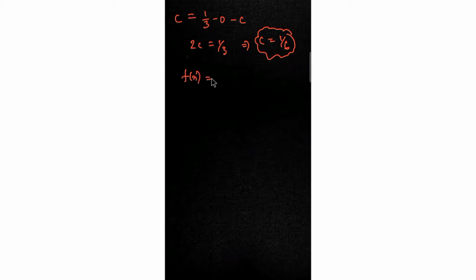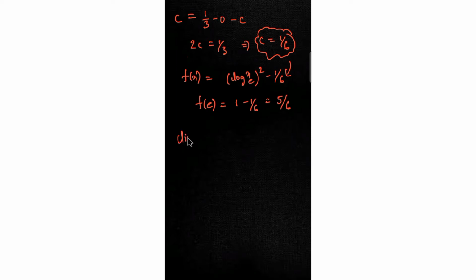Now we have this function f of x, (log x base e) whole square minus 1 by 6. Just put e in the place of x. So you get f of e is equal to 1 minus 1 by 6, which is equal to 5 by 6, because instead of c I substituted 1 by 6. So f of e is 5 by 6. Why did I find f of e? Because in the question we have been asked to find the limit as x tends to e, so I'm putting e in the place of x and finding this value.